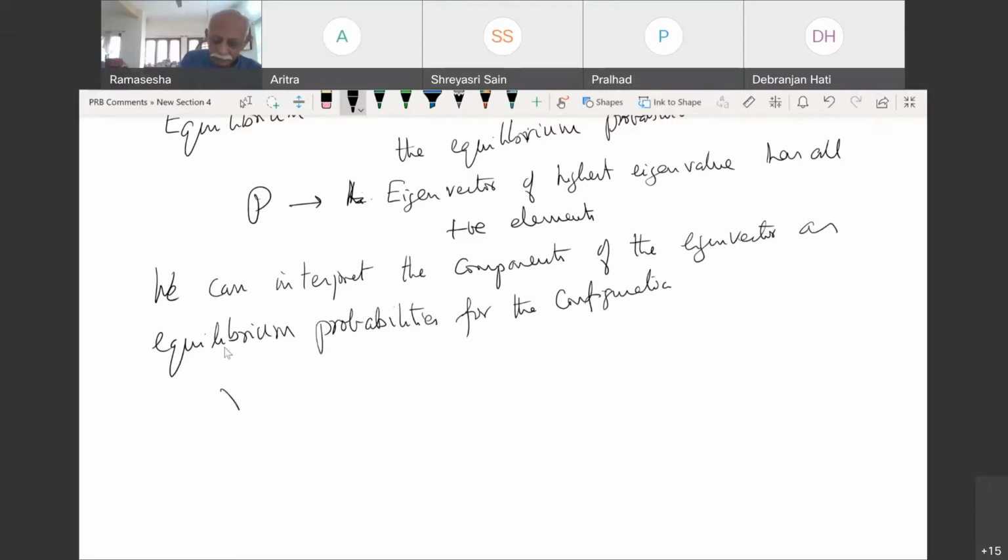Supposing lambda 1 is the highest eigenvalue, lambda 1 actually will be equal to 1. This you can prove; I'm not going to do it. So if that is the highest eigenvalue, the eigenvector has